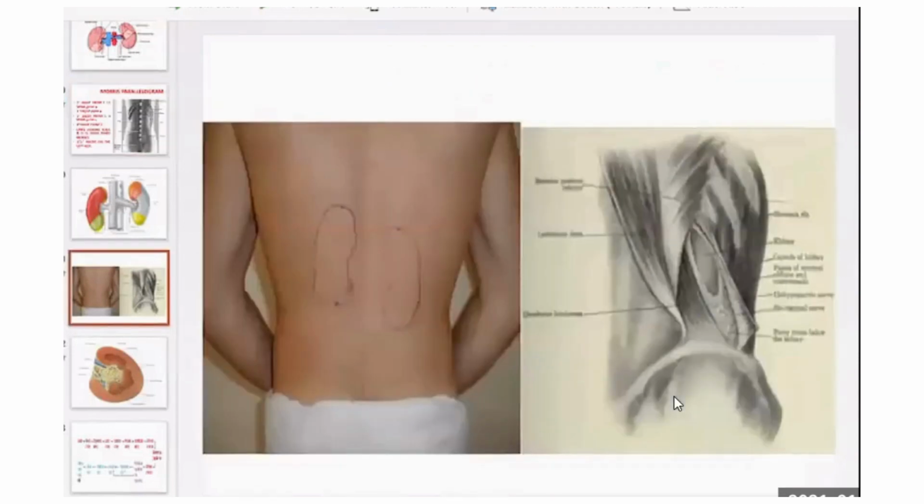Next, this is important. What is renal angle? So, what is the last rib? The last rib is the... and you get a muscle on the back called erector spinae. So, this angle formed by the erector spinae and the 12th rib is called renal angle, where you get